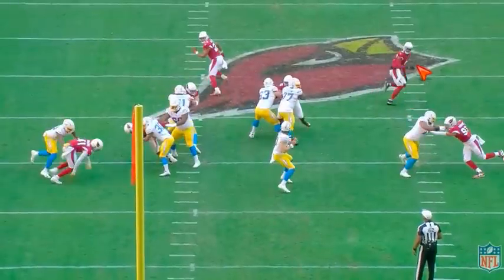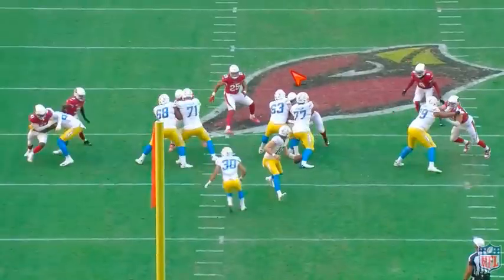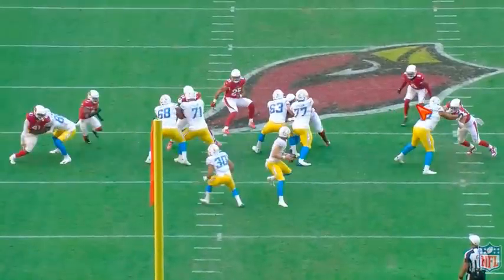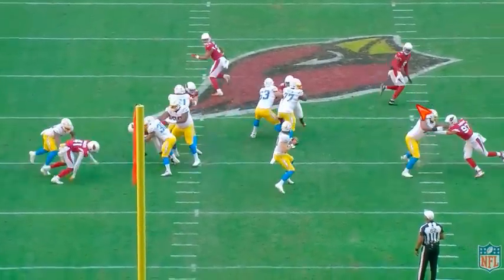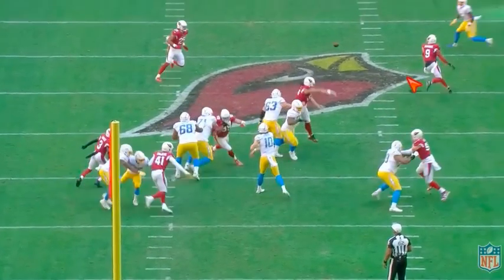But to play that rollover back technique, you've got to turn your eyes. See Zaven Collins? See how he gets his eyes and he looks for what routes are coming at him? Now watch Simmons. His eyes stay on the quarterback. Look at what you're trying to cut off, because when you don't look back,